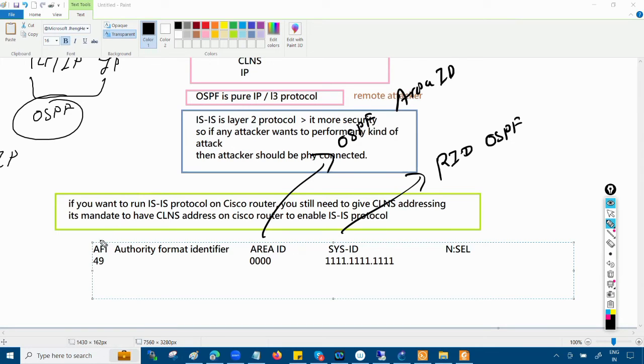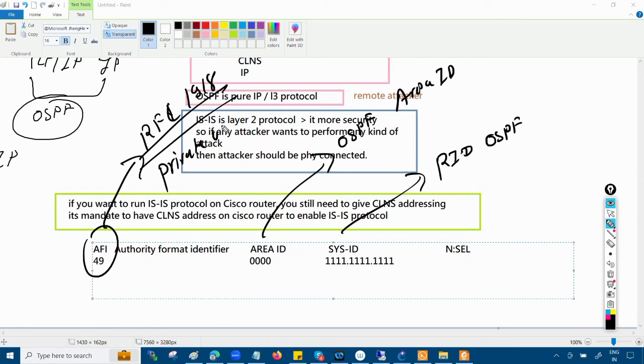Just for your hack of things, I can say that this AFI you can consider like an RFC 1918 address, public and private, so a private use case. And this N-selector you can compare to an EtherType value, or a protocol number in the OSPF protocol. I can call it the EtherType value on layer 2, like 0x0800. So it should always be 00. This is the way that you can configure